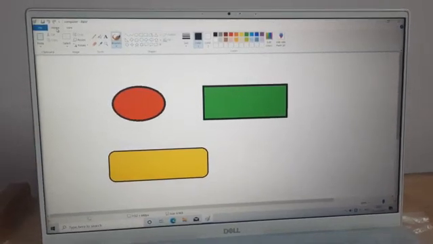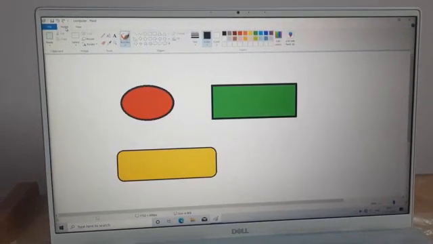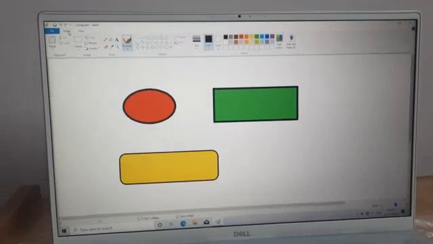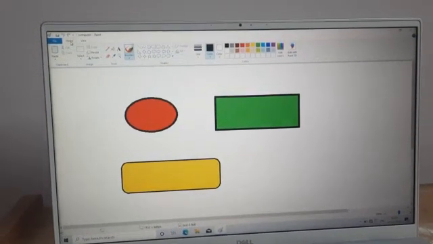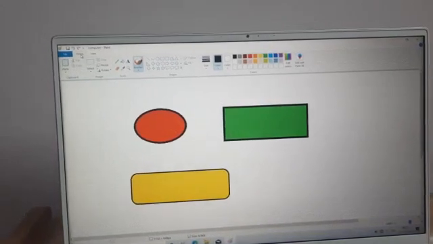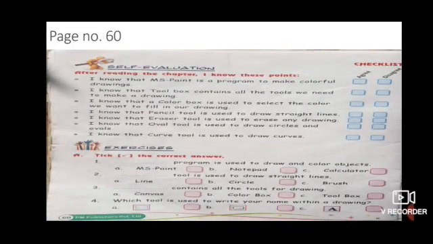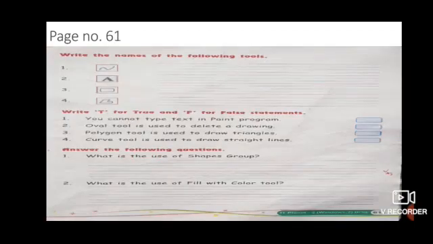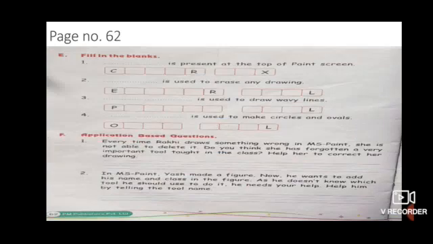All right, so now let's move on to our book exercise and question answers, because we are done with this chapter. Okay, so let's start with the book exercise. It's on page number 60, 61 and 62.